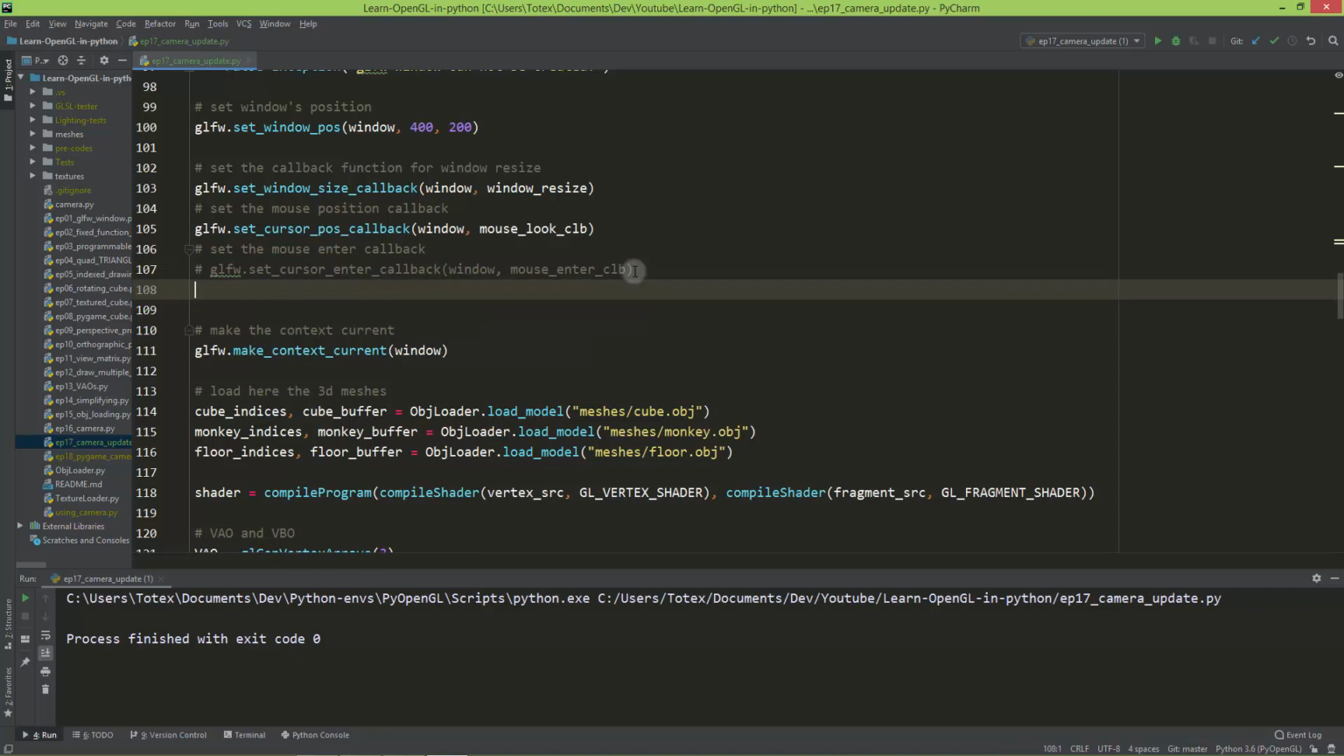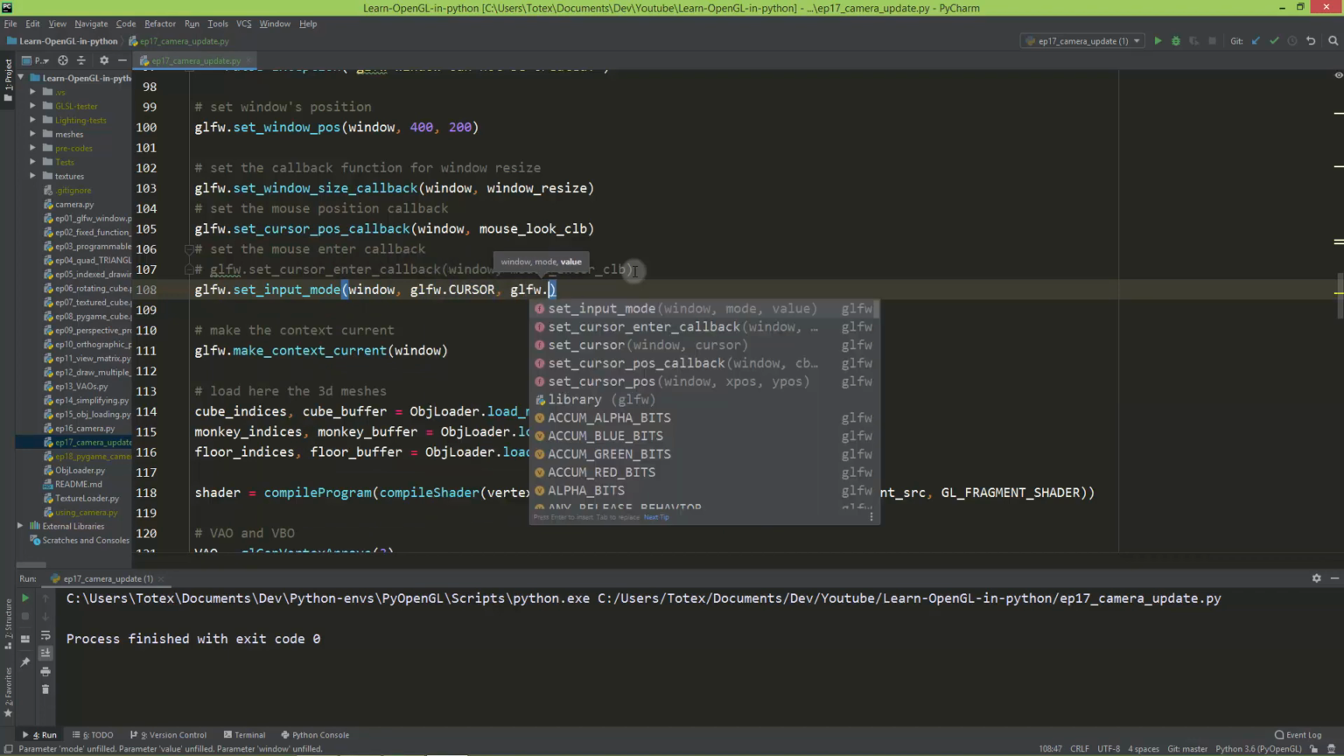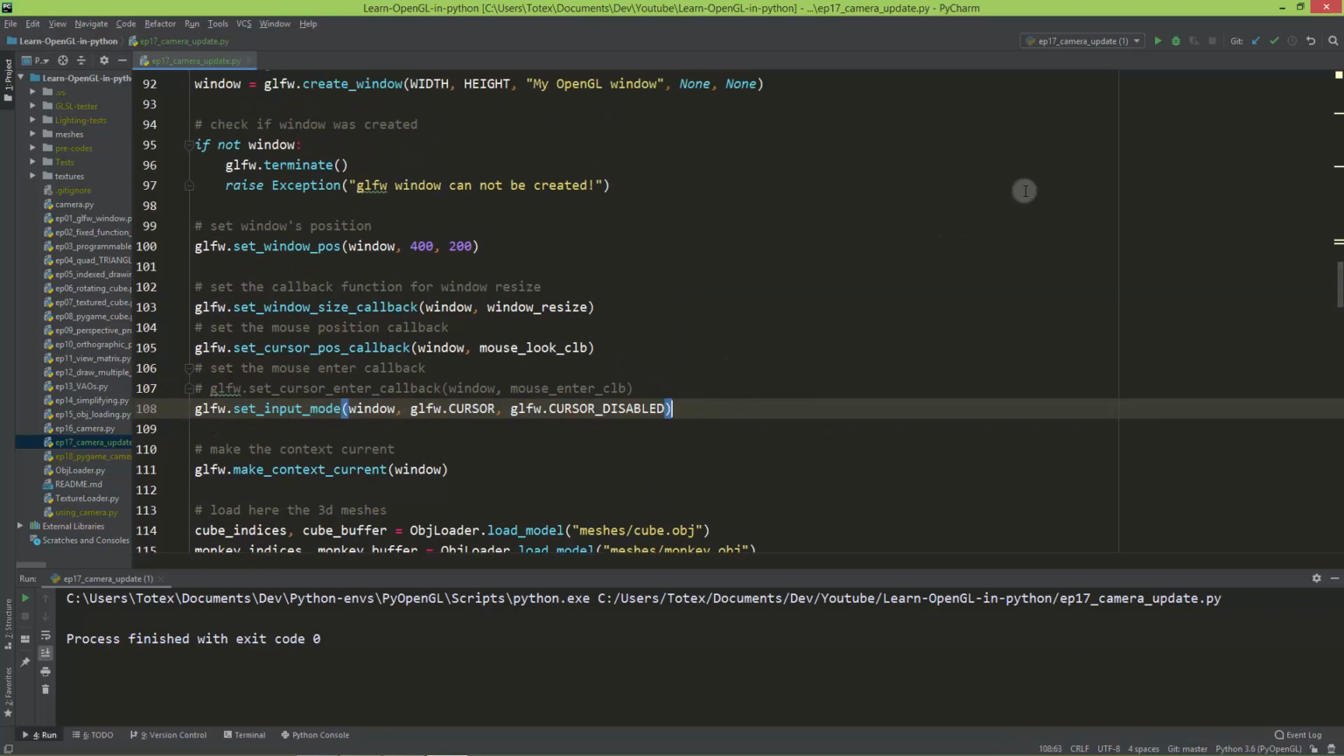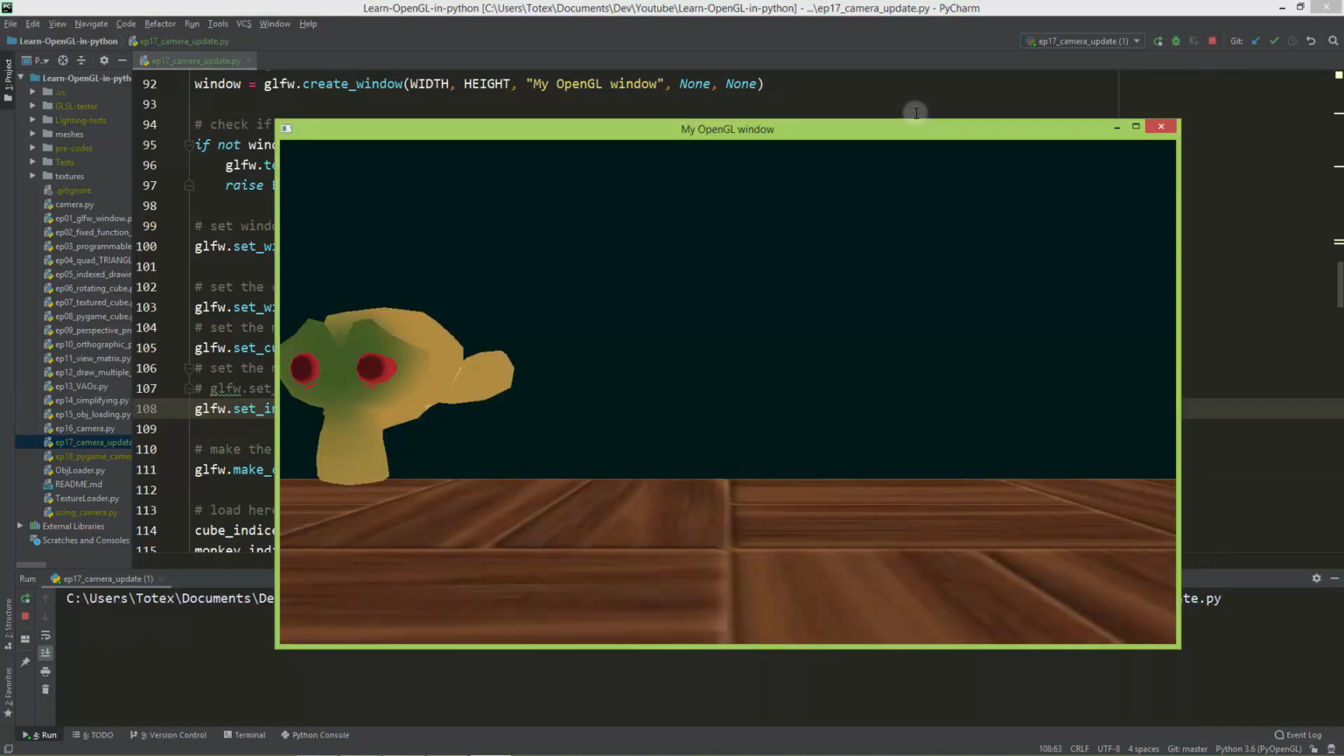And here I'm just going to add a new callback. I mean, this is not especially a callback. It will just set the input mode to cursor disabled. So now with only this one line, we have now disabled the cursor. So every time I run the application, now the mouse cursor just disappeared. And of course it doesn't work because there is one more additional step in the